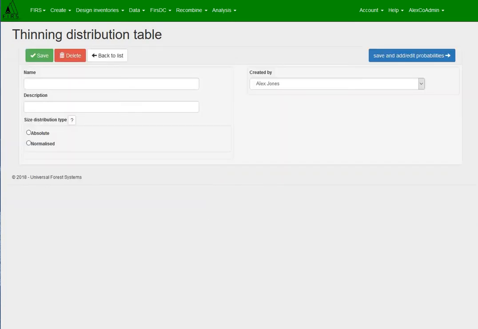Click the Add button. Enter a name and description for your table. There are two size distribution options, absolute and normalised. Absolute means the entries will be in dBHOB classes by millimetre, but this is not advised if the data is